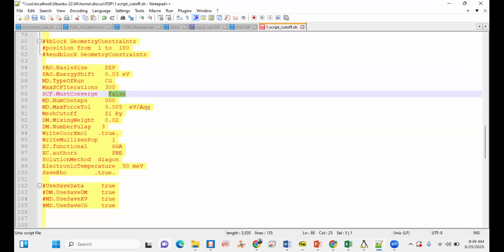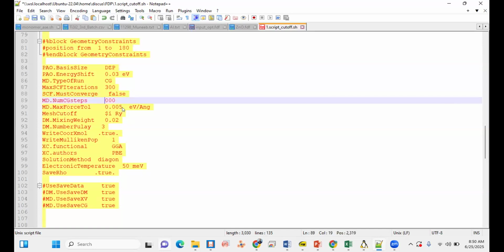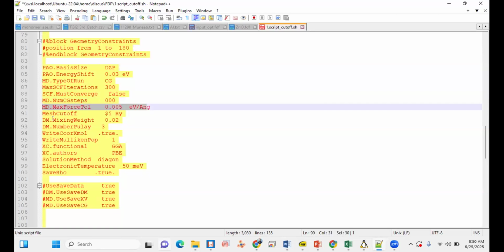So this is called convergence criteria, where you define the total energy, they calculate the force on each atom. When reached to 0.005, then we must stop. The program automatically stops the calculation.